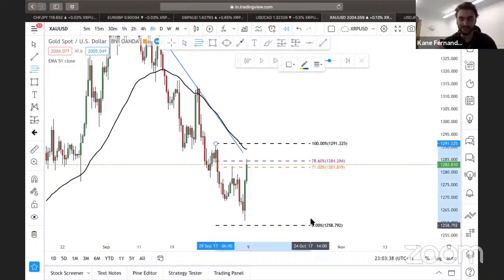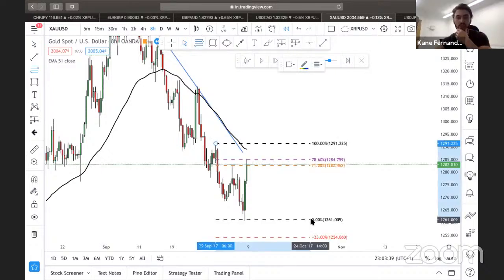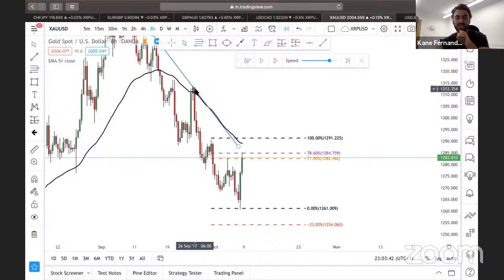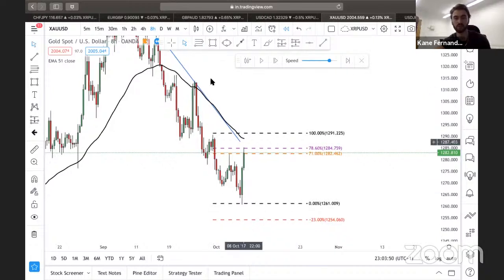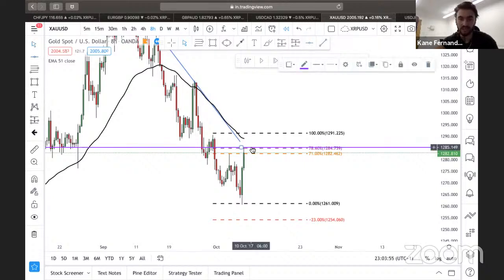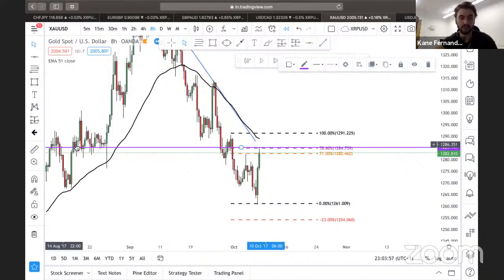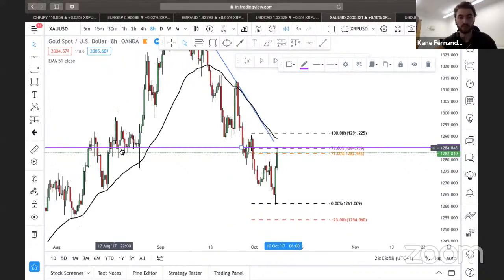Right. So you see the rejection. Obviously I didn't take that trade, but you saw it play out once again. That's how it is sometimes. But we can see the 8 hours now being respected. So I'm looking for a short basically, if we can see some rejection. Obviously, you've got a cycle level there. You've got some structure point. Look, previous support, broken. Now it's acting as resistance. So let's wait and see if this can play out.